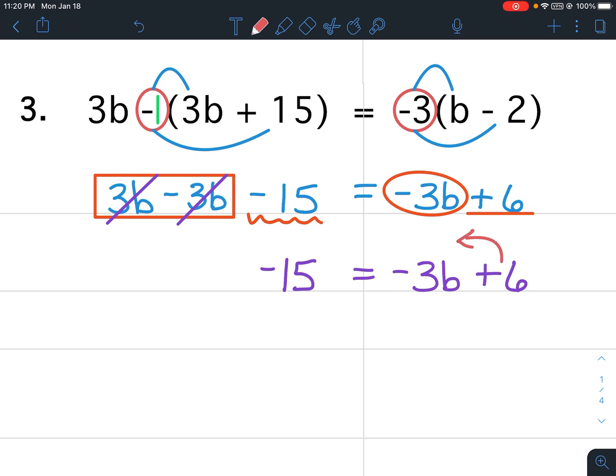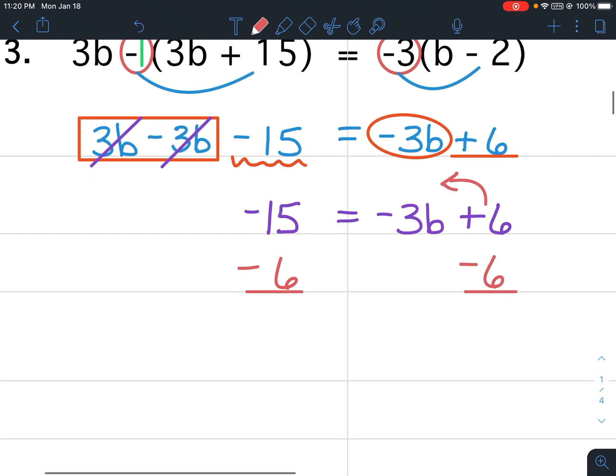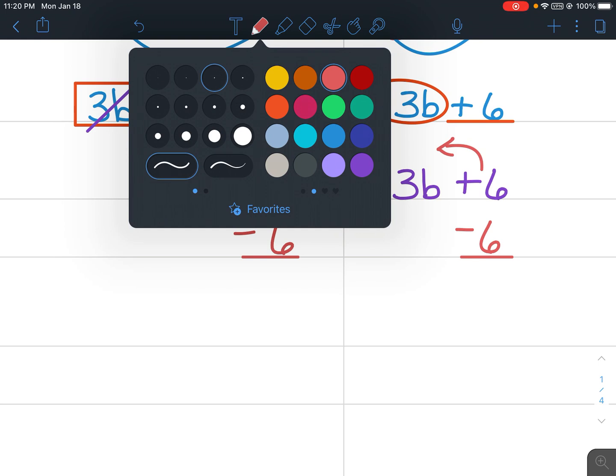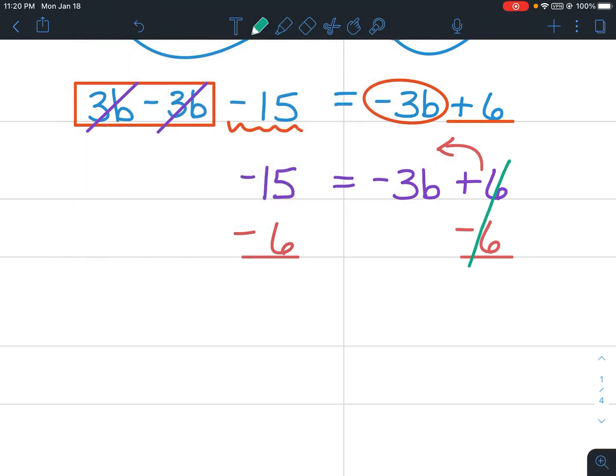So I'm going to subtract 6 from both sides. That allows me to cancel out the 6's here. -15 minus 6 would be -21. So -21 equals